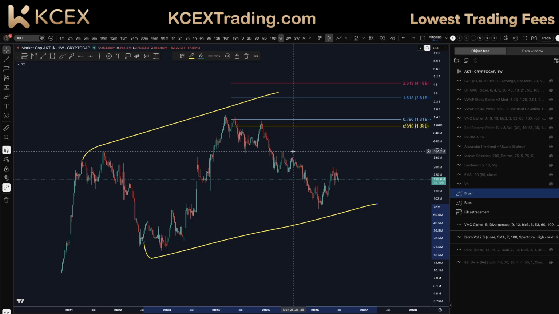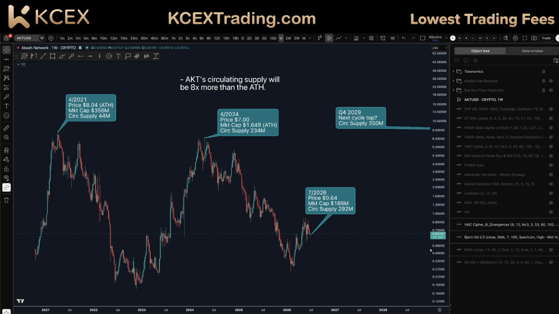It does not work. It will not work. It is not accurate because price is not linear when the supply is not the same. But market cap is linear, so you can throw retrace levels on here. Let's go back and look at Render.